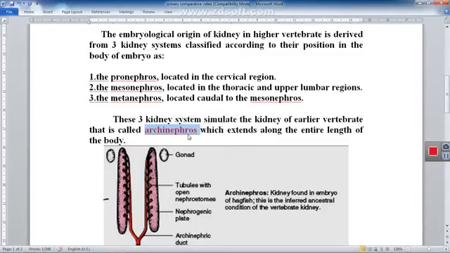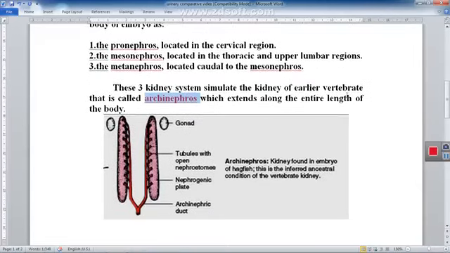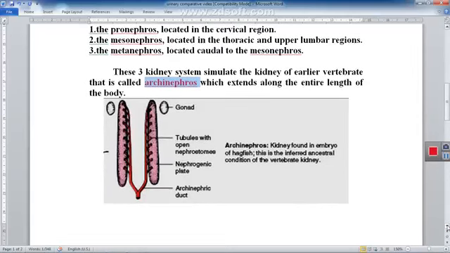As this kidney of the earlier vertebrates, the archinephros, extends along the whole body of the vertebrates from the neck down to the sacral region. And this is a figure that shows you the structure of the kidney in lower or earlier vertebrates. It extends along the whole distance from the neck to the thorax to the abdomen and down to the sacral region. And what's going on is that during evolution,